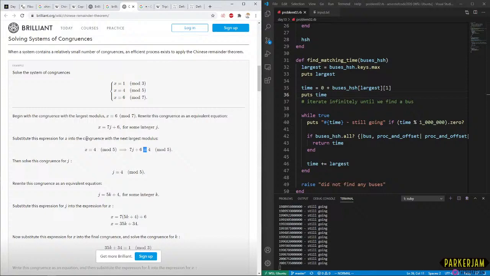Substitute expression. Congruence the next largest modulus. Oh, for the congruence.